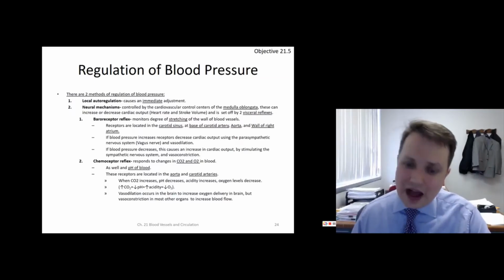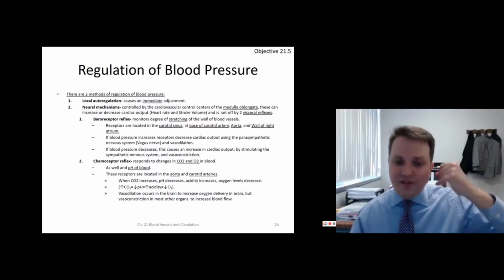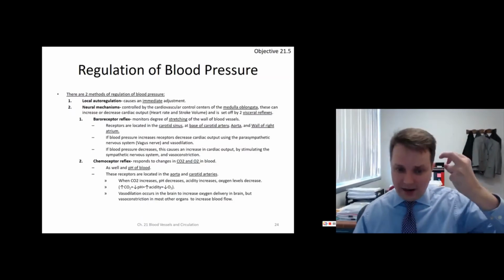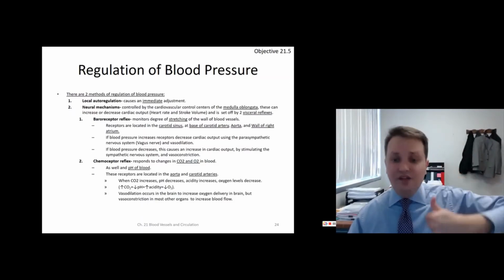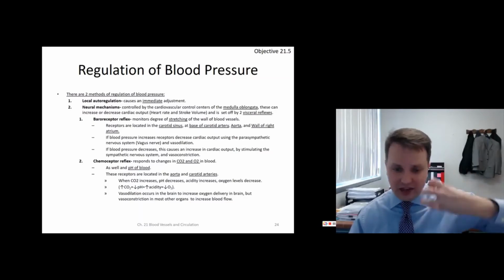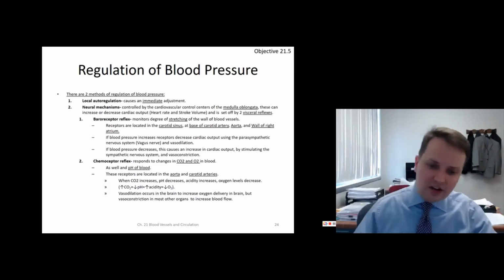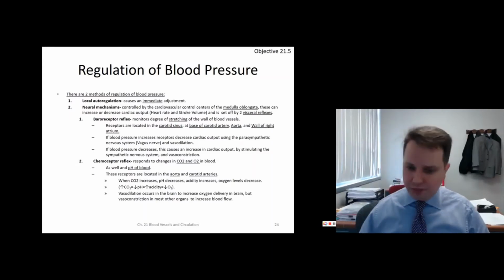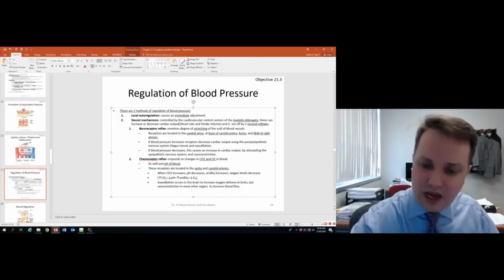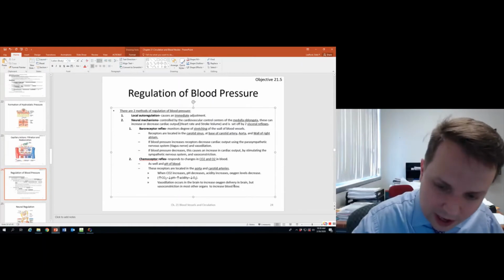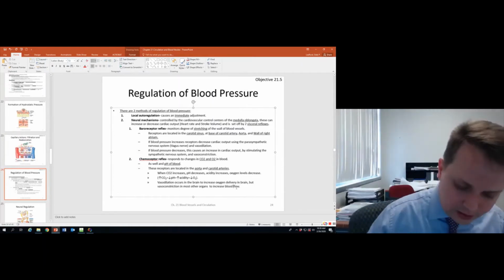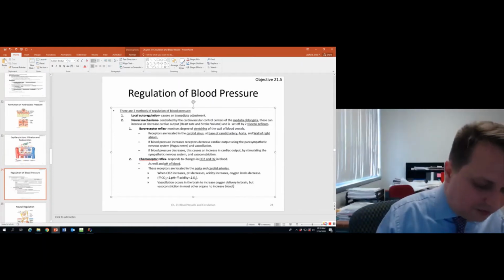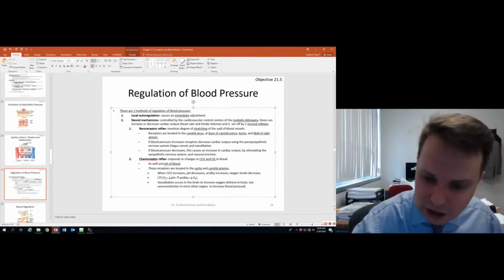So what happens is we will vasodilate the brain to get blood flowing to the brain, increase blood delivery, and will vasoconstrict to most of the organs. Now we'll increase blood pressure here. Not necessarily blood flow, but blood pressure here,